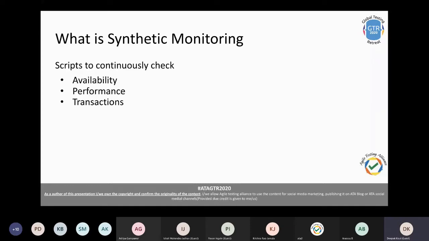So we were actually doing continuous testing in production for our customers, but we were not doing continuous testing in the lower environments like stage and QA, because it's not necessary, right, to do continuous checks on the availability of a test environment. But as we felt the need, we thought let's give it a try and see whether we can set up some synthetic monitoring on our test environments.